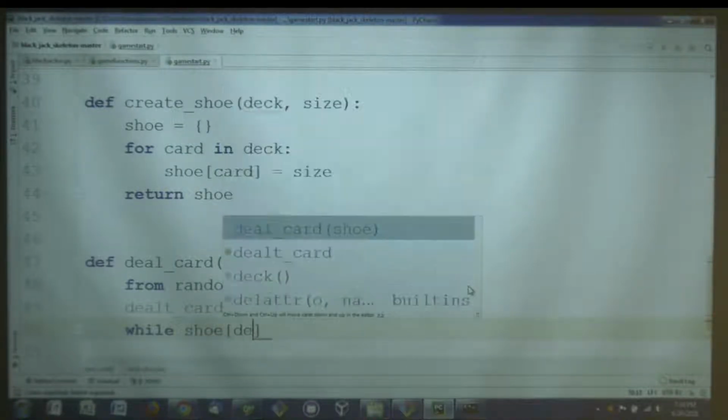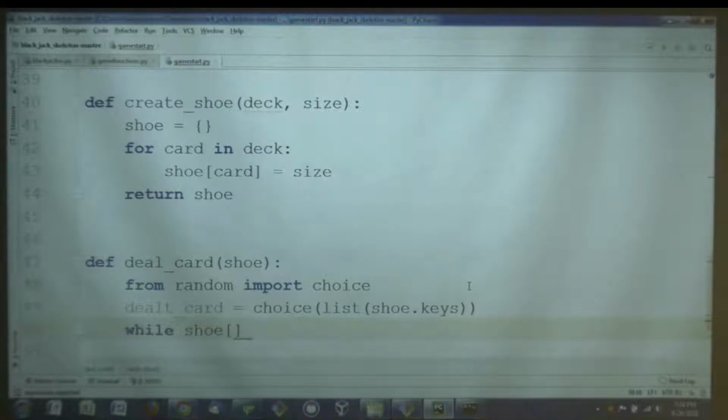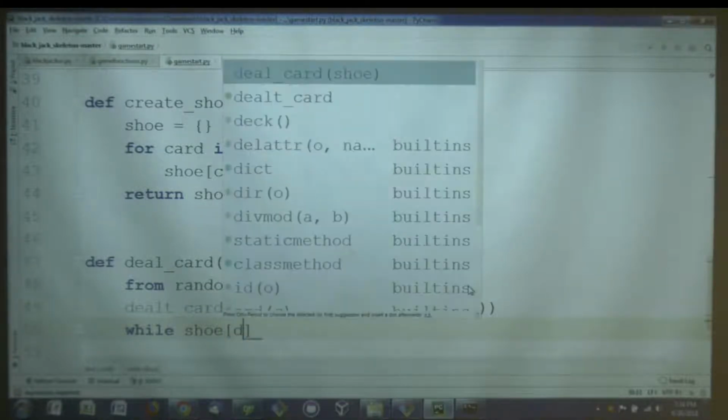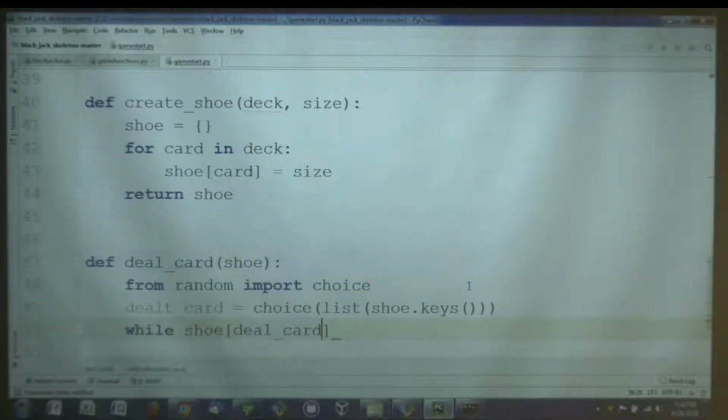Do you need a parentheses after keys? Where? Oh, keys. Yes, sorry. Good eye. Dealt card, and then